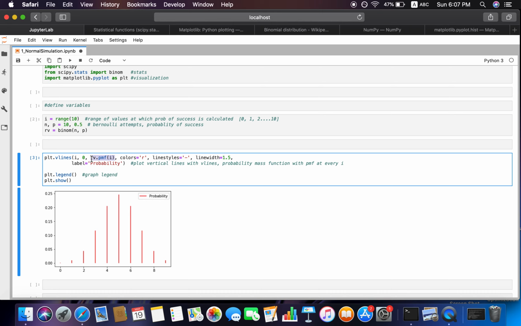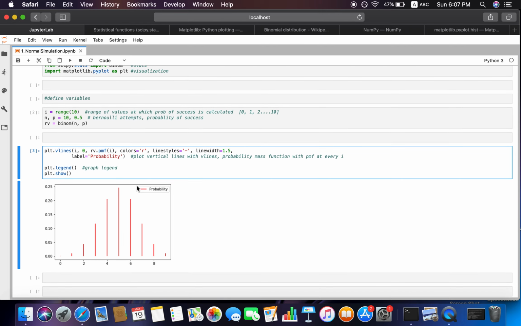So this determines the maximum value for each of these vertical lines that we are drawing over here. A number of other arguments that you can pass in, like color. I chose the color red. You can choose the kind of line that you want, the style of the line. I chose a dash over here, and also the width, which I am calling as 1.5, and the label, which you can see over here. Finally, you just add in the legend and you call in the show